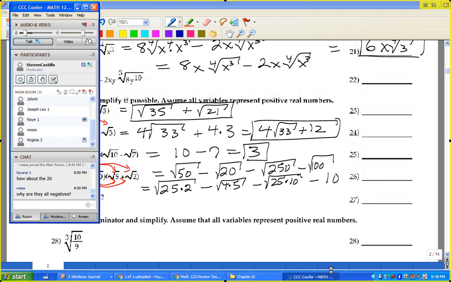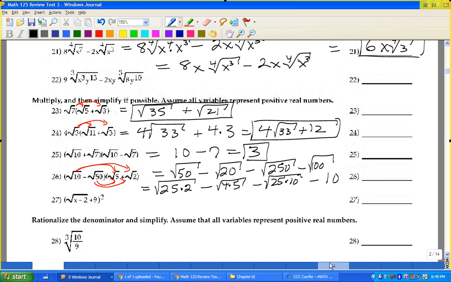Oh, why are they all negative? Because I made a mistake. Thank you. I'm sorry about that. Rad 10, positive times positive is positive, so that's a positive there. Okay,